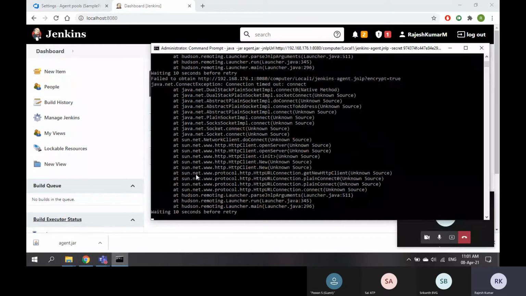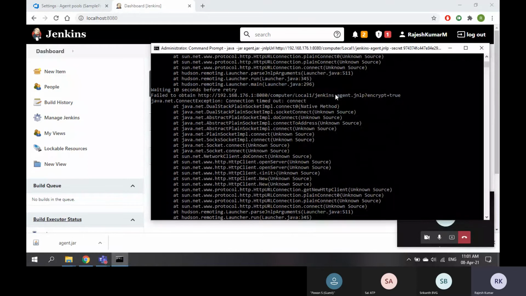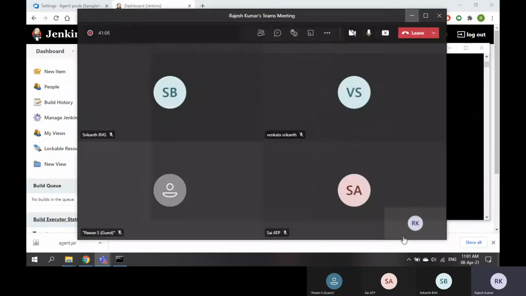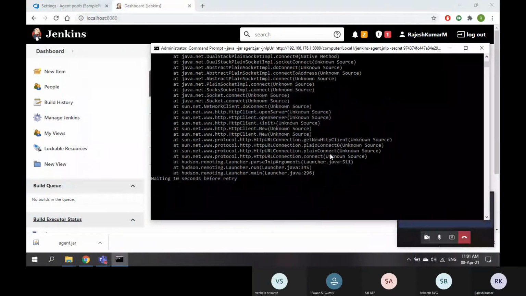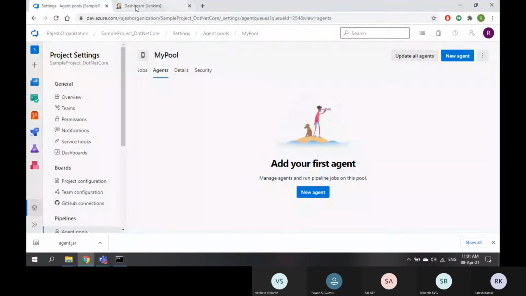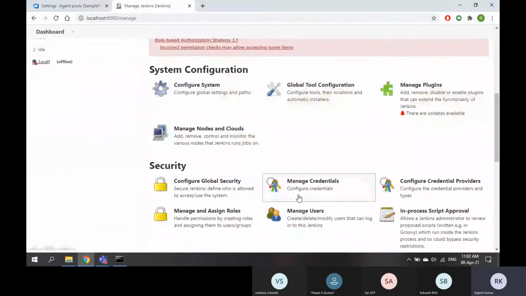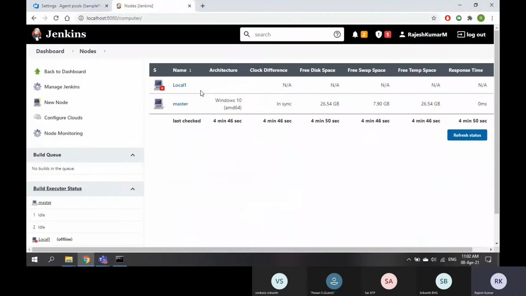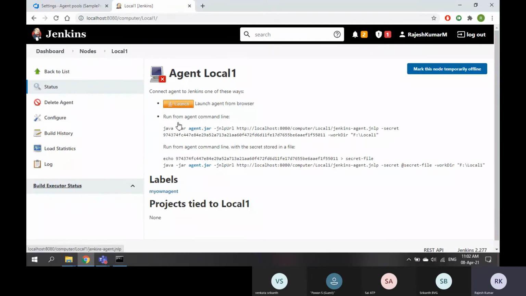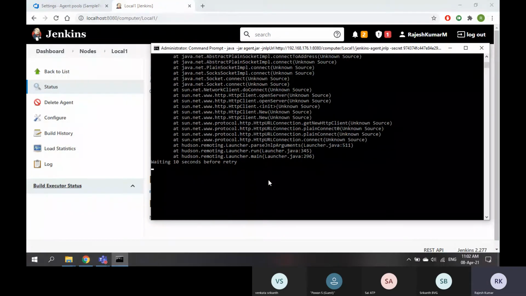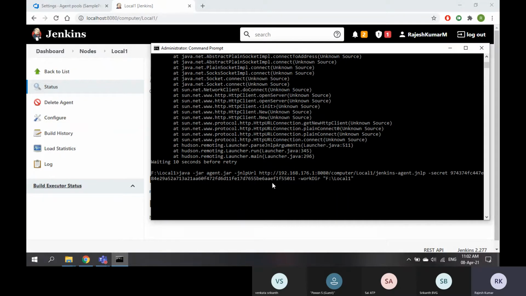As we changed it to some IP address, it is not able to obtain this agent ID. Now I changed this to localhost. It should try. I cancelled this and want to run it again.